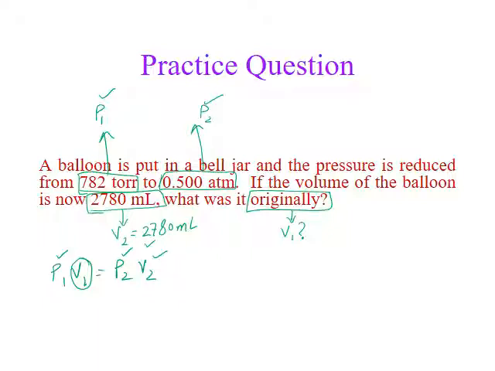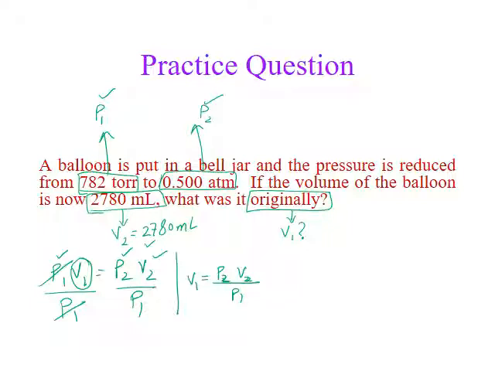If we are solving for V1, we need basically V1 on one side of this equal sign, and everything else should move to the other side. So P1 has to be moved to the other side. To get rid of P1 here, since P1 is in multiplication with V1, if I divide this expression by P1, P1 and P1 will get cancelled. So I'm left with V1. But I cannot simply divide by P1 on one side of the equal sign. I have to do it on both sides. So that would give me V1 is P2 V2 over P1.